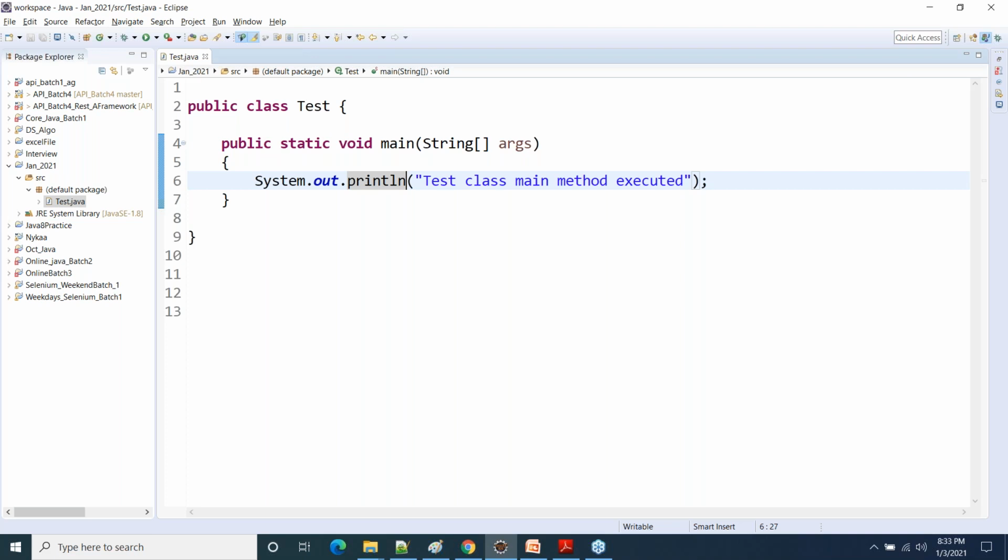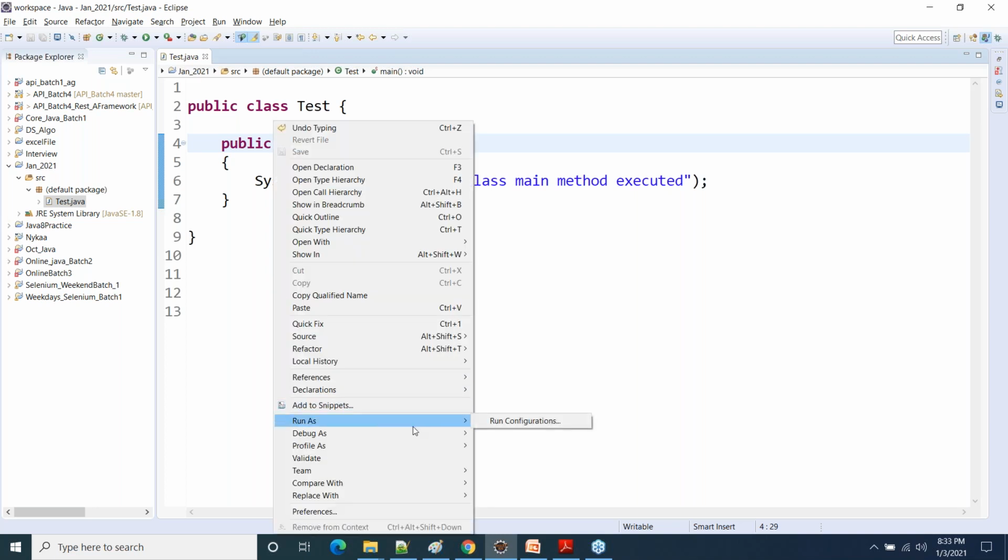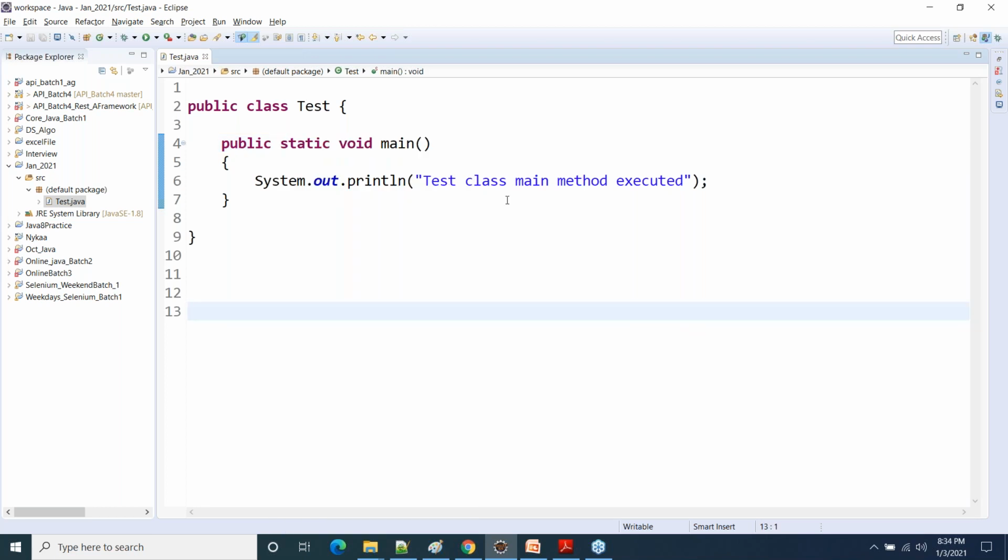Okay, so the basic idea I hope is clear, how to create a class. Gaurav is asking, is it necessary to write string array arguments? Yes, it is mandatory. You cannot remove it. If you remove it, you will not get an error, but this is not the main method which is required by JVM. This is some other main method which JVM does not want. JVM wants the main method which should have a string array parameter. Now the moment I have removed the string array parameter, if I again right click on the file and say run as, I'm not getting the run as Java application option, because this is not the main method required by JVM.